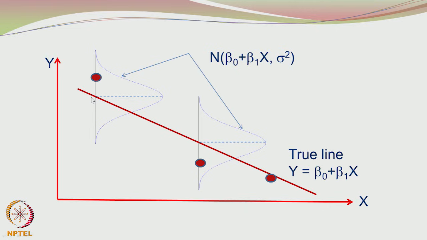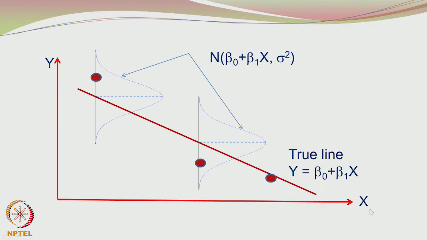That would have been an ideal or intentional occurrence, but under usual circumstances we can always find scatter of the experimental data around the straight line. So, beta naught and beta 1 are the true values of the parameters, which unfortunately we do not know, and since we do not know beta naught and beta 1, we also do not know the value of the response y. Here, for the purpose of illustration, I am just taking a case where there is only one factor or